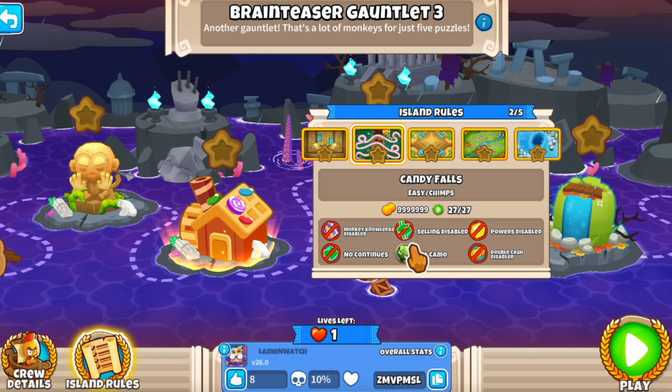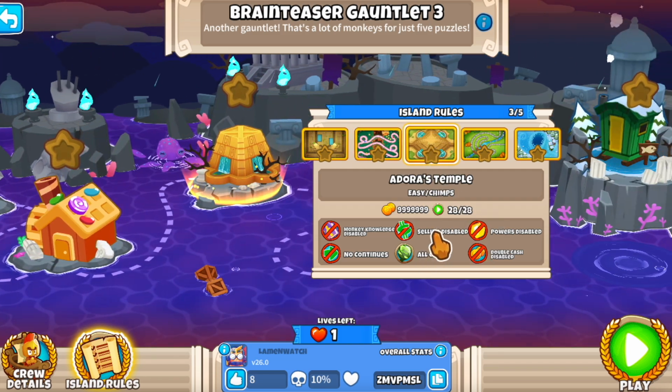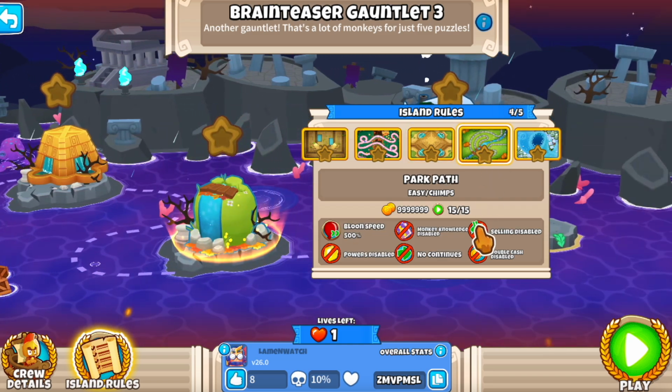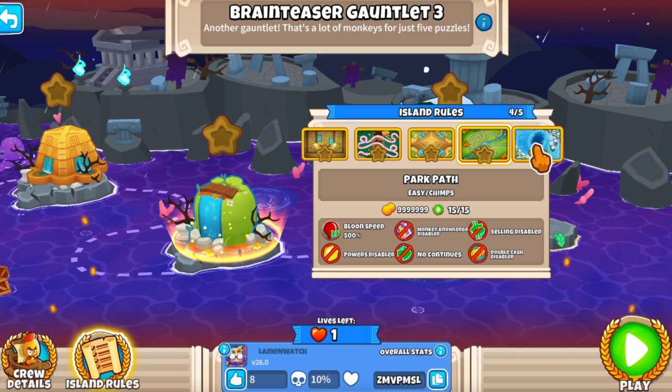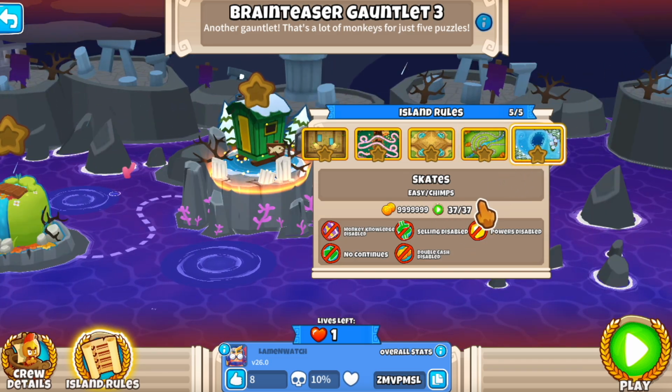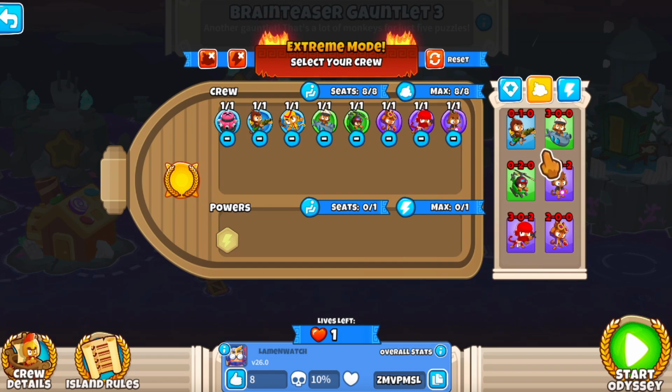Round 27, all camos. Okay. Round 28, so we're going to have camo LEDs. We have the first LED balloons here. We have round 15 with 500% bloom speed. I saw a ninja, I think. And we have round 37, so more LED balloons. Okay, so yeah, there's the ninja. Let me check out the...